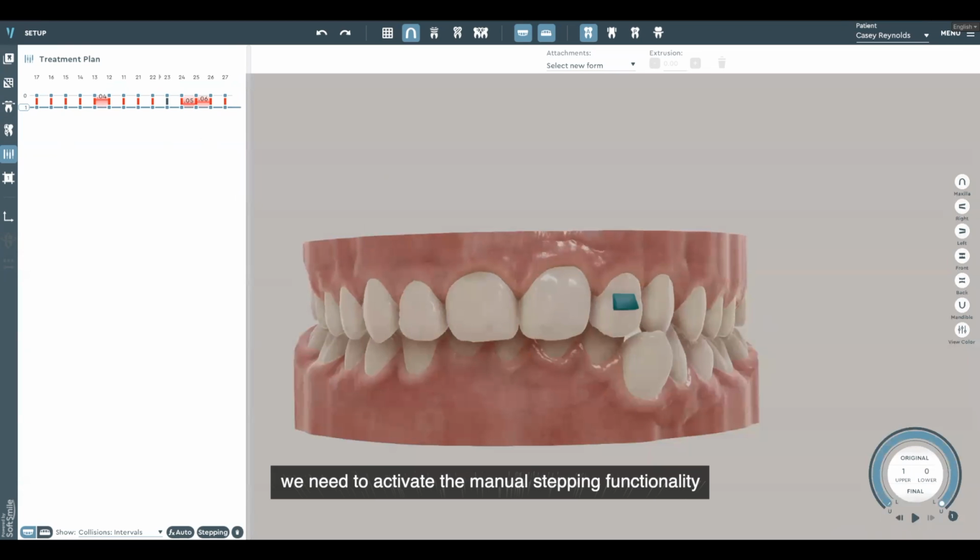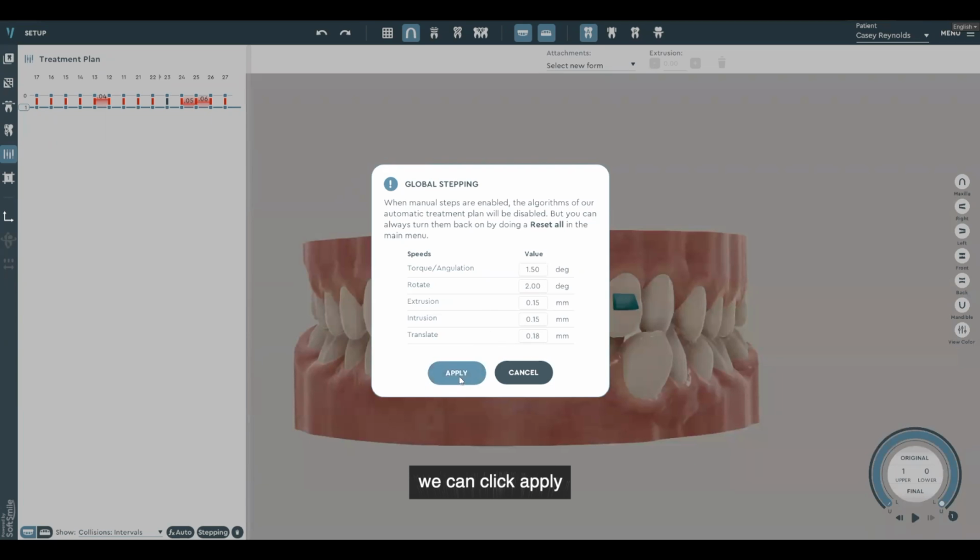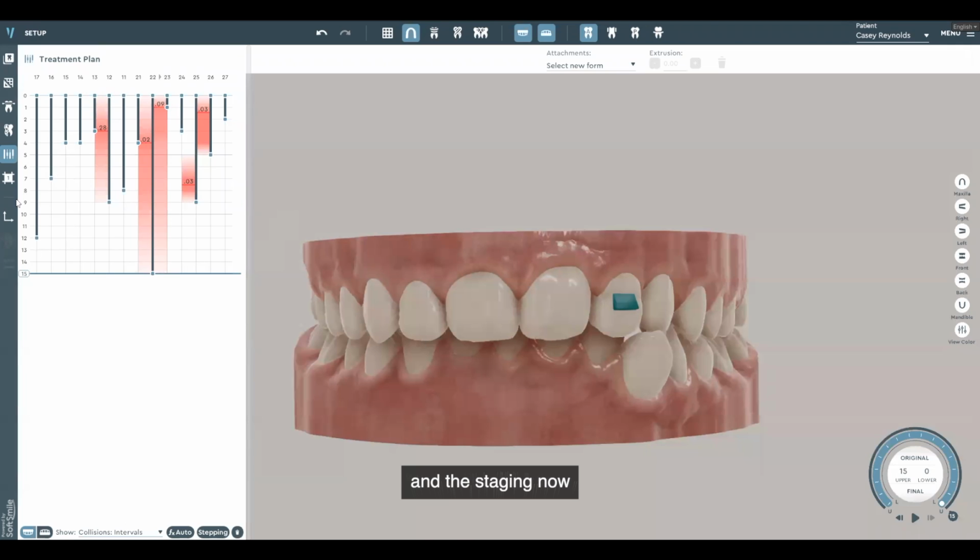First thing that we need to do, we need to activate the manual stepping functionality, and we need to input the appropriate speed values. The default values are good for this demonstration purpose, but it should be noted that these values can be changed on the fly, and they can be configured for default values based on different practices, on different doctors and particular needs. So once the appropriate values have been inputted, we can click apply, and the staging now shows the correct duration